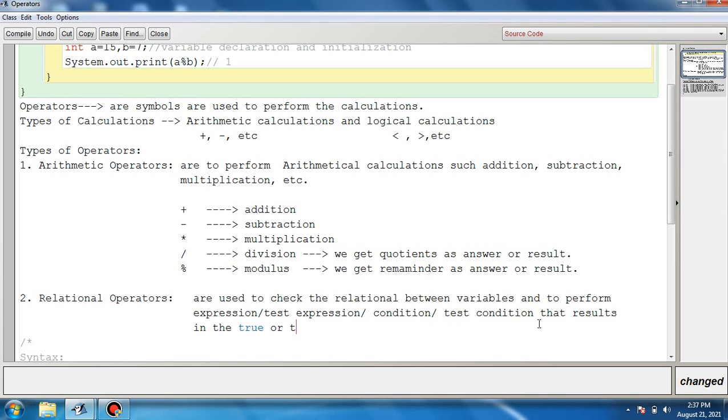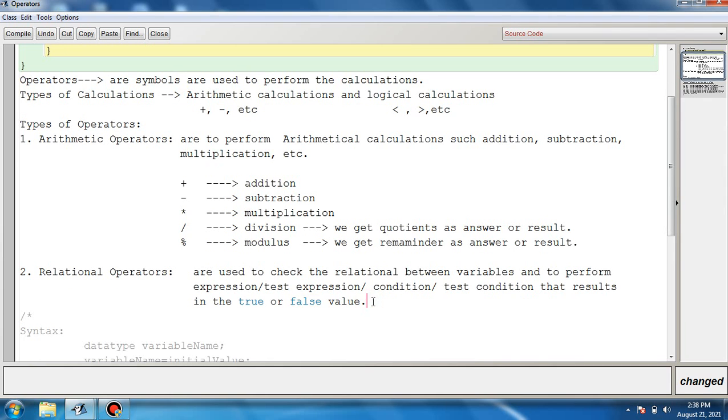These test expressions, when we form them, I will show you practically how to form, and I will show you the result in true and false value, that is a boolean value. There are only two boolean values, one is true, another one is false. Remember while typing the words true and false, their letters should be small.